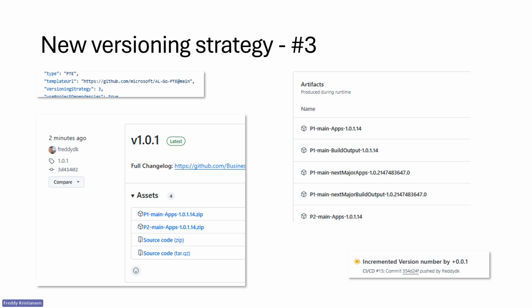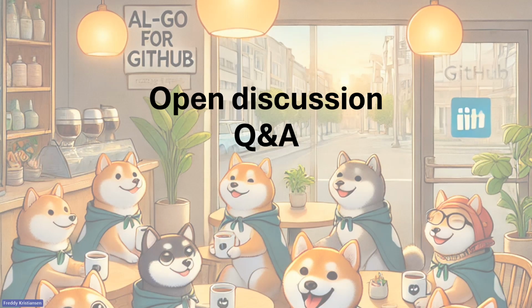So with that, I think we will switch over to open discussion and Q&A. I don't know if people can actually unmute themselves or if they have to use the Q&A pane, but people need to use the Q&A pane. Let's see if we have any